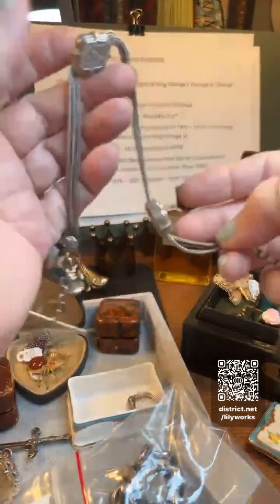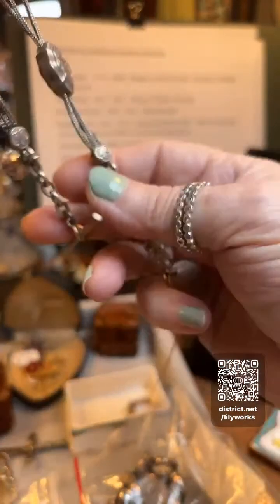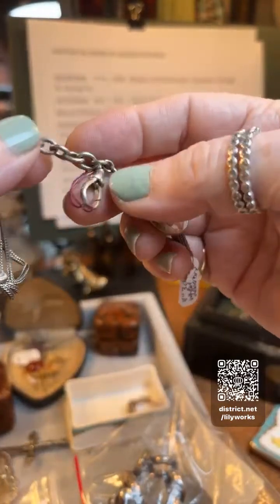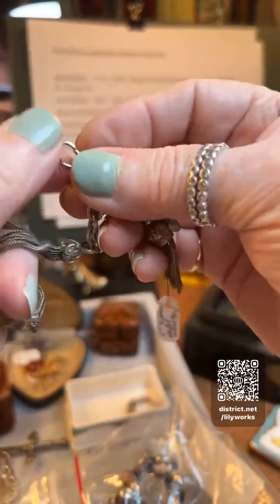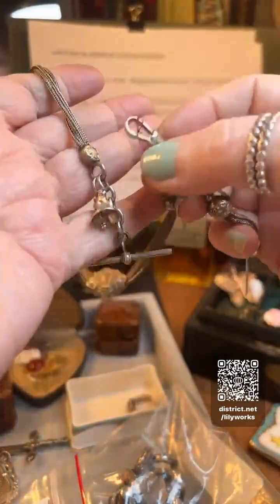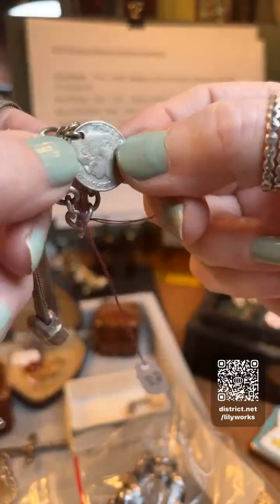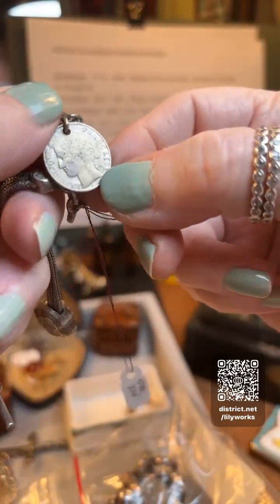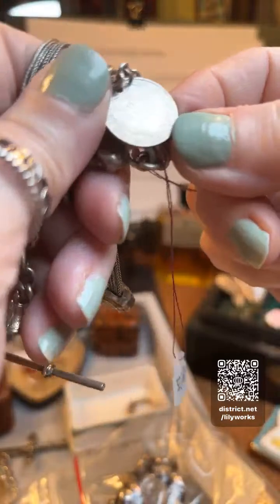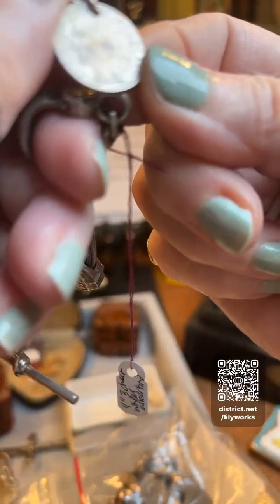And this is a typical design. When you put it on with this toggle, you can make it fit you anywhere in here. It usually has what they call a dog clip, and that fits over here, and that's how you adjust the size. It was really popular back then to hang a Victorian coin, an old coin. I can't see the date; my eyes aren't working. But that's an old